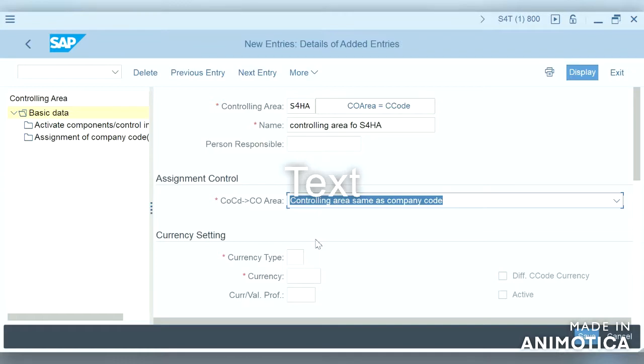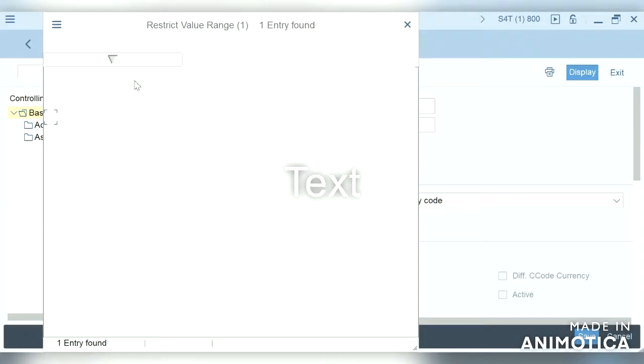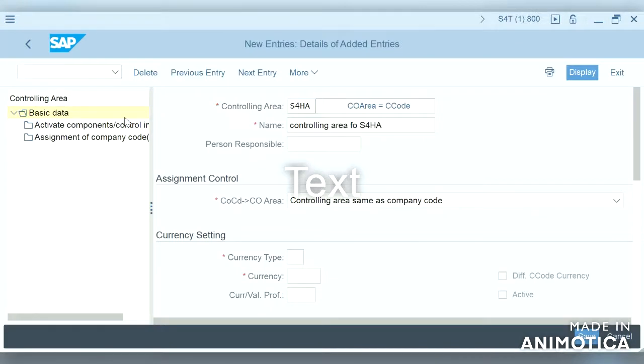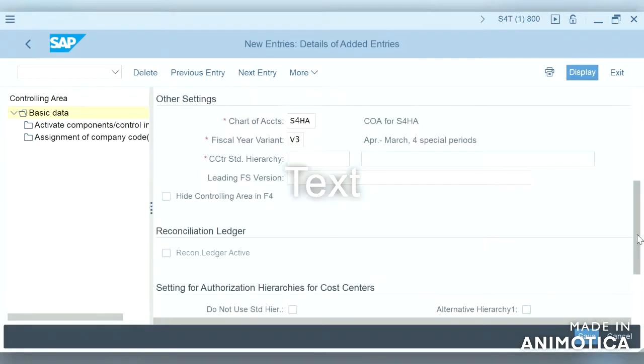Whatever settings we did for company code, the same will be applicable to the controlling area. Currency type we will give company code currency. If we select that option, it will by default take company code currency, and it will take all the parameters from the company code.